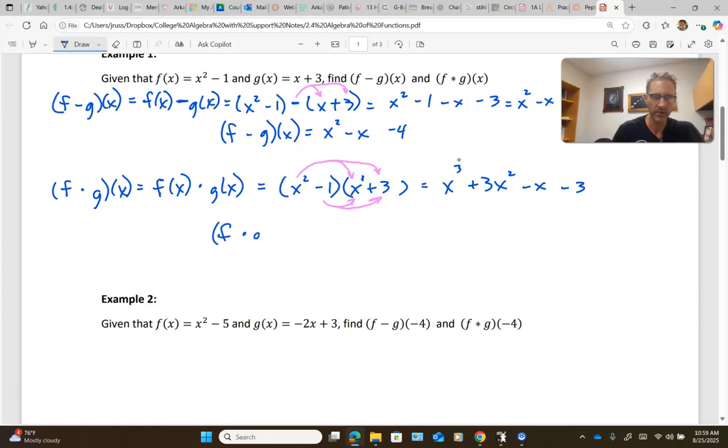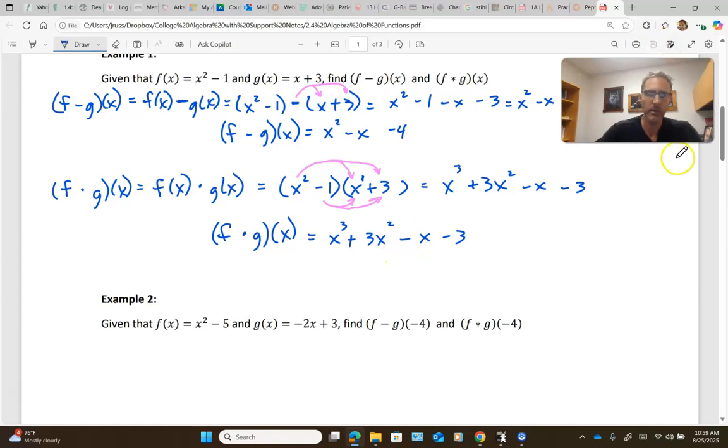So I'll just kind of restate here what we did. f times g of x is equal to this new cubic function. We're going to actually study these in more detail later on in the course. Alright, so there's you a couple examples in which you're just subtracting or multiplying two functions, and you get another